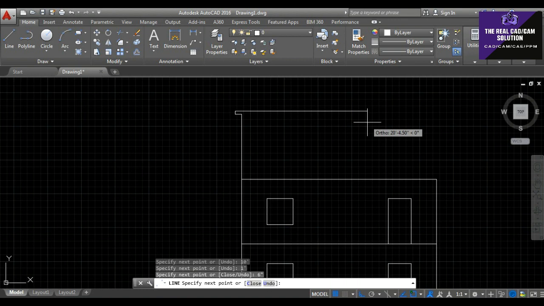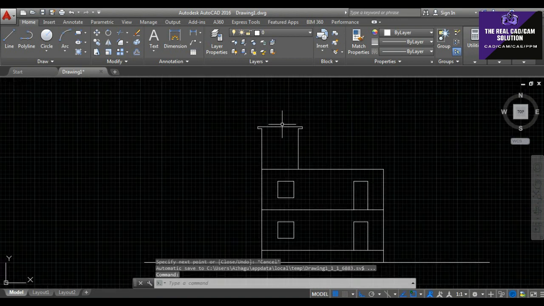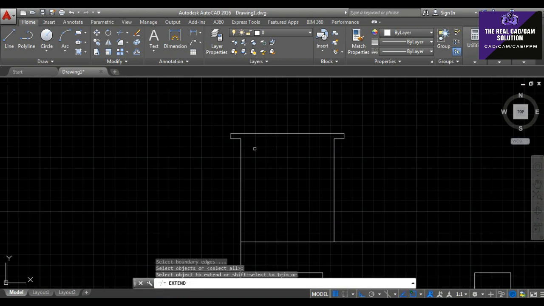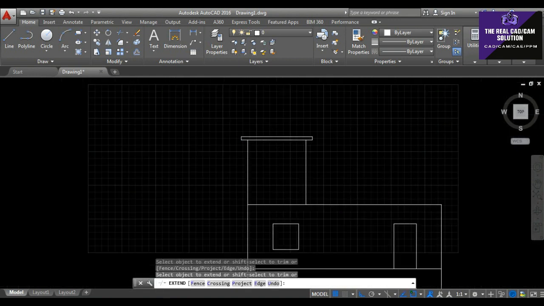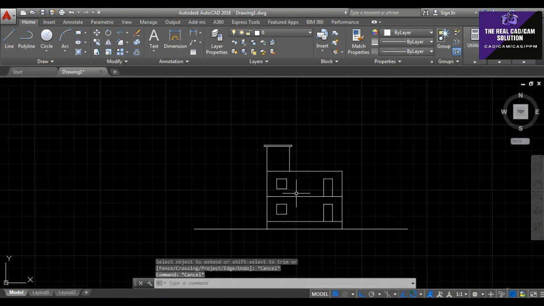Here comes 10 feet plus 1 feet because of the outer side of the wall, so 11 feet totally. Give the line and draw downward. It's 6 inch thick, and here comes 1 feet thick. Here we draw the line. Okay, it's ready to draw the elevation.